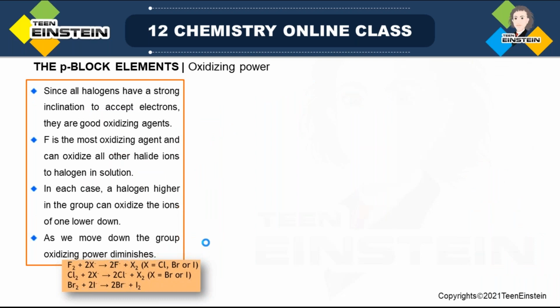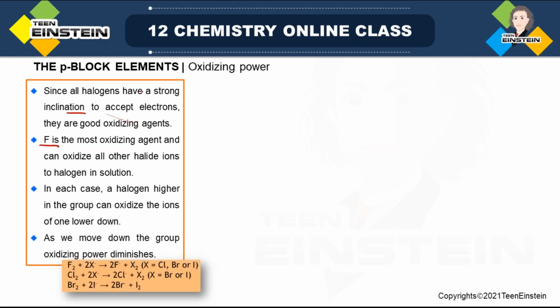Next we'll see oxidizing power. All halogens have a strong inclination to accept electrons because they are almost at the right hand side of the periodic table. They are non-metallic in nature, so they will have a tendency to accept electrons, and that is the reason they are very good oxidizing agents. In general, halogens are very good oxidizing agents compared to other groups in the p block. Now, if we compare among the four halogens, F, Cl, Br, I, then fluorine is the most oxidizing agent, and